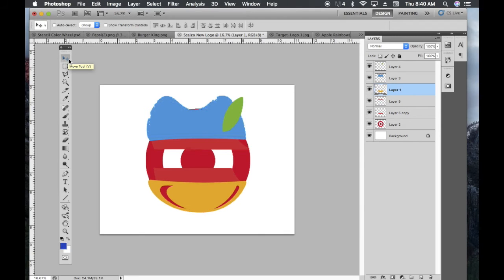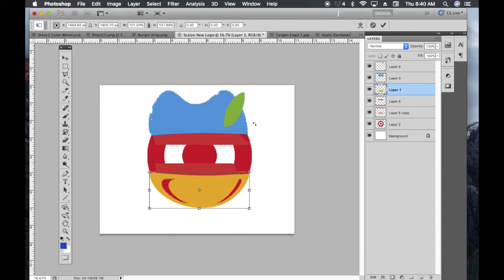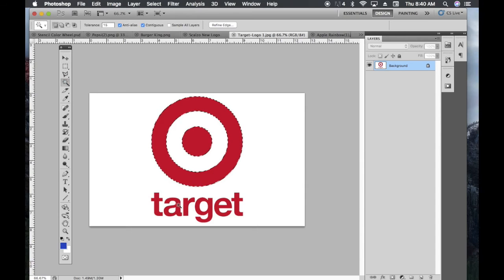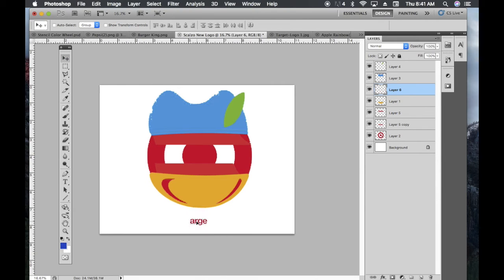The only thing I didn't do here was to recolor the red from the Apple logo so it matches the red from the Target logo. So that's my basic shape. I could still tweak it and make it more like what I want. And now I'm going to bring in the lettering from the Target logo,